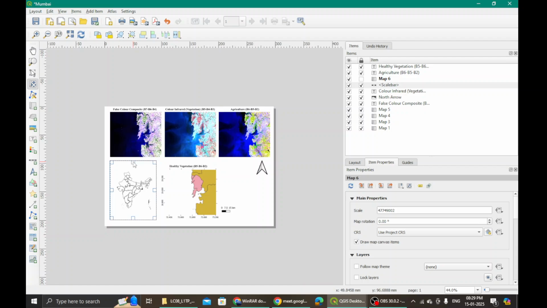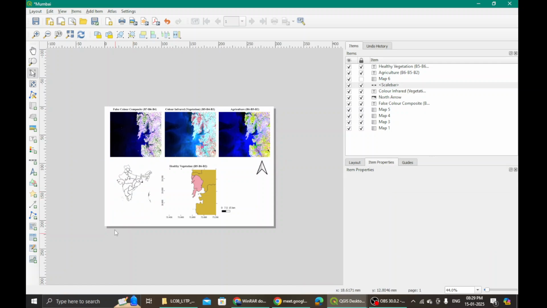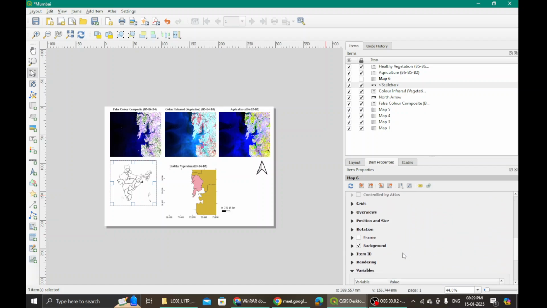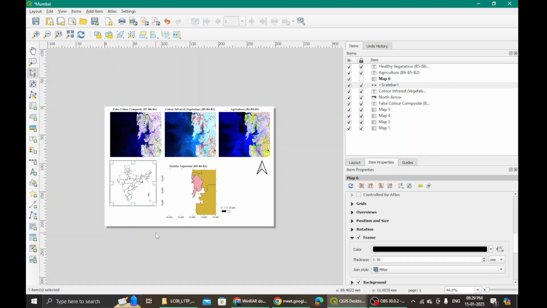What can I do? I can also use this and then adjust its dimensions, whatever that I want to be seen. Let me just adjust that, bring it a little there and align it. I will give it a frame because I want it to be seen, so I will check this frame.